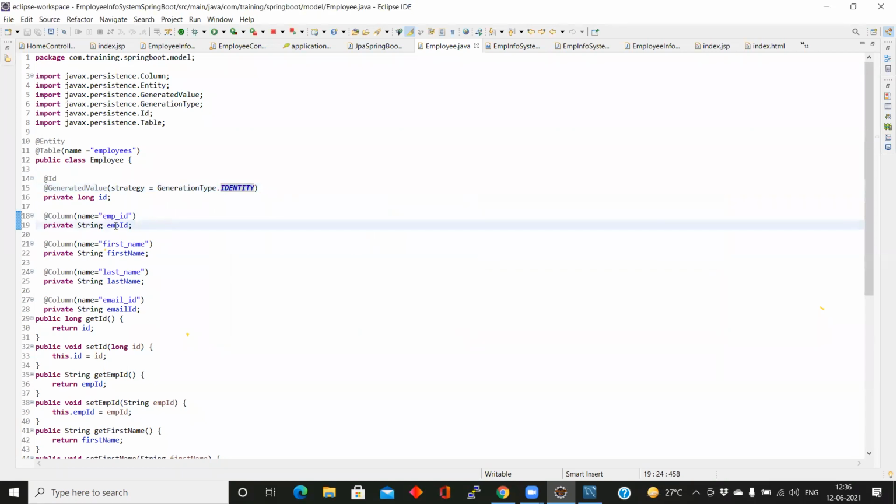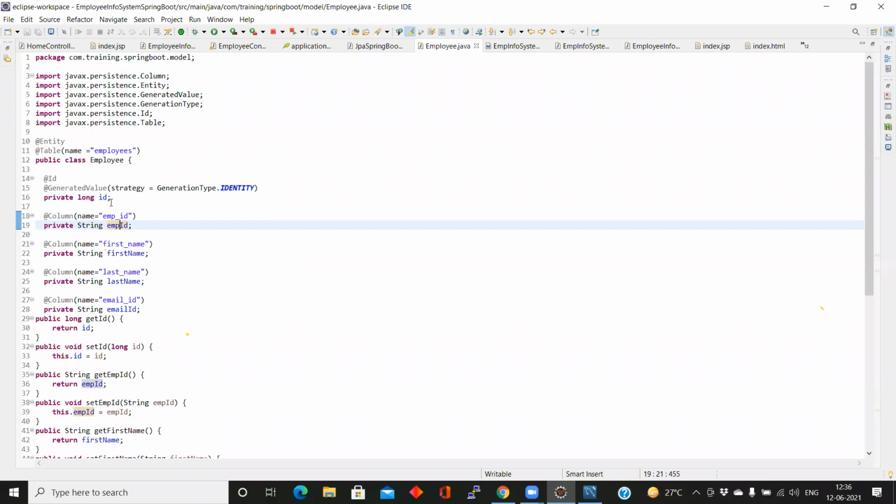Next, the column. When we write Java syntax, our Java naming pattern is that we should start any variable with a small character, but if it is a two-word name, the second word starts with a capital. That is the standard Java coding convention. But for a database, as a standard, you should write all small characters, and if it is two words, use an underscore. That is the standard for a database. So that is the reason we are writing it this way.